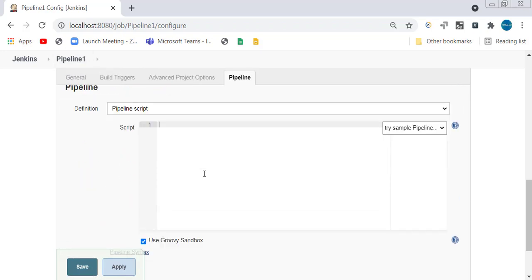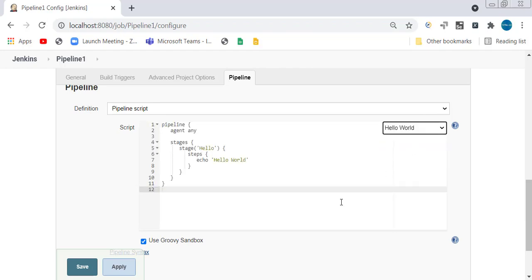You have to write a script. But we don't need to write any script. It's already there. Some examples are already available. Just select hello world. So we are going to execute hello world. But we need this pipeline script to be executing for some time, because if there are 2 jobs running currently, when the third job also comes into the picture, then the third job will get into the queue. That is what we have to reproduce.